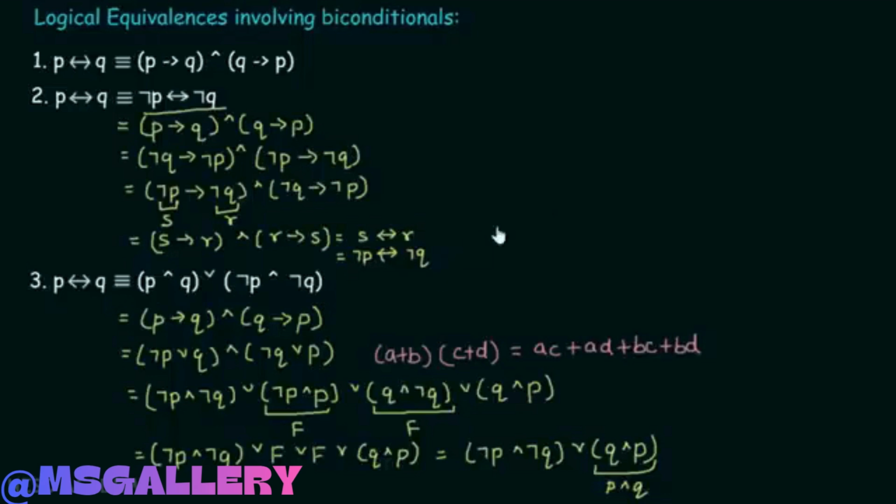Now let's consider the fourth expression. Not of P biconditional operator Q is equivalent to P biconditional operator not Q. Now this logical equivalence can also be proved very easily using the laws that we already learned. So this will be your